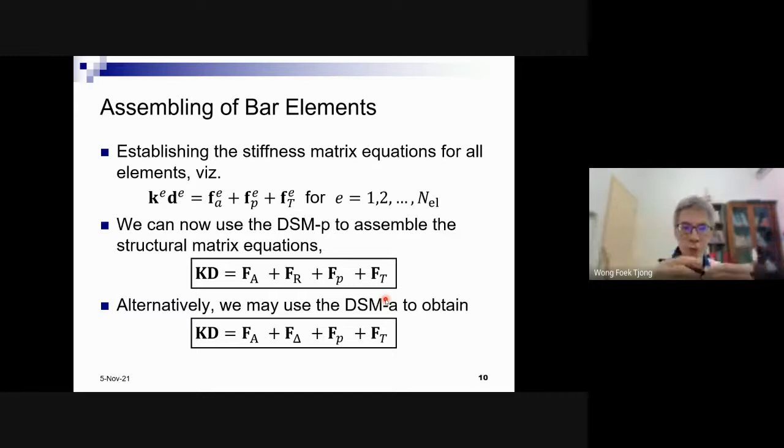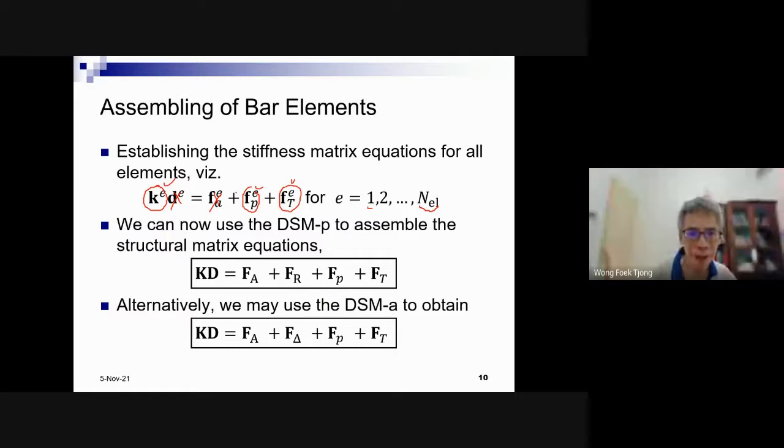We should compute this one, right, for each element. The stiffness matrix equations. It means we should compute the stiffness matrix for each element from element 1 up to the total number of elements in the structure, NEL, right? We should compute this one and this one as well for each element. Of course, we cannot compute this one, right? Because this is unknown, still unknown. What we can compute is this and this for each element. Okay, 1, 2, 3, and so on until finished.